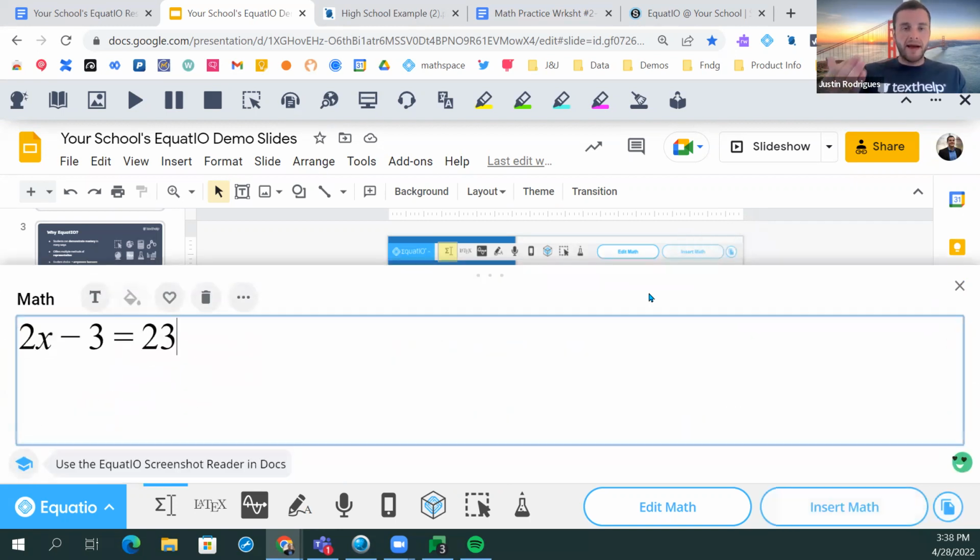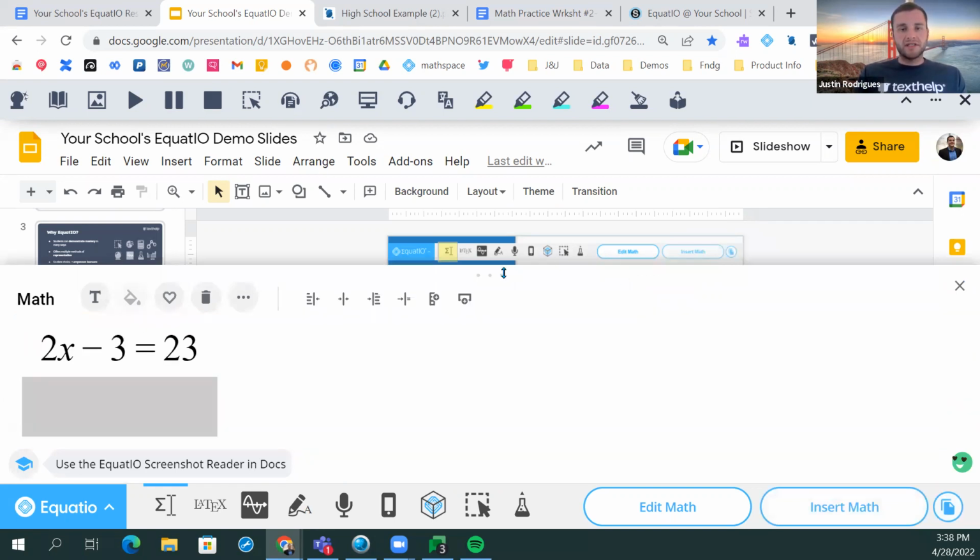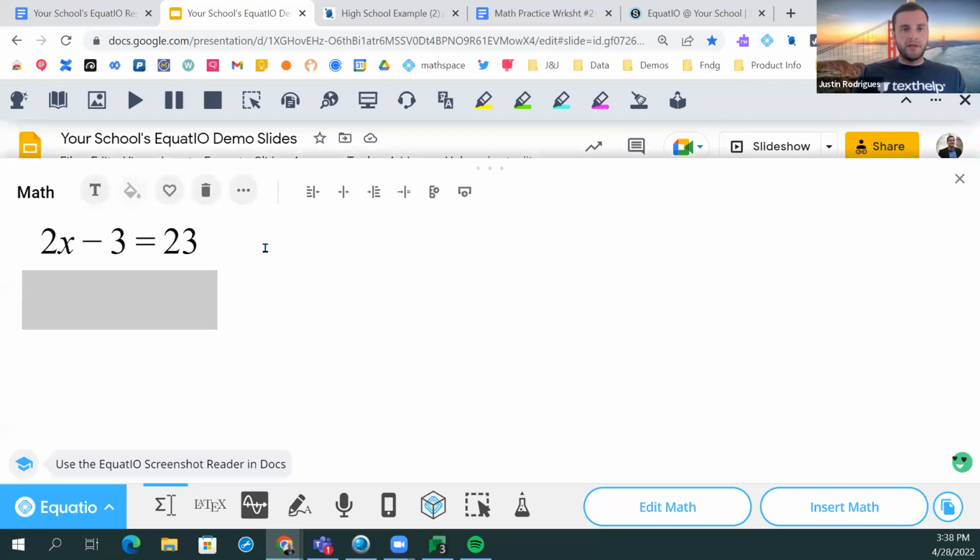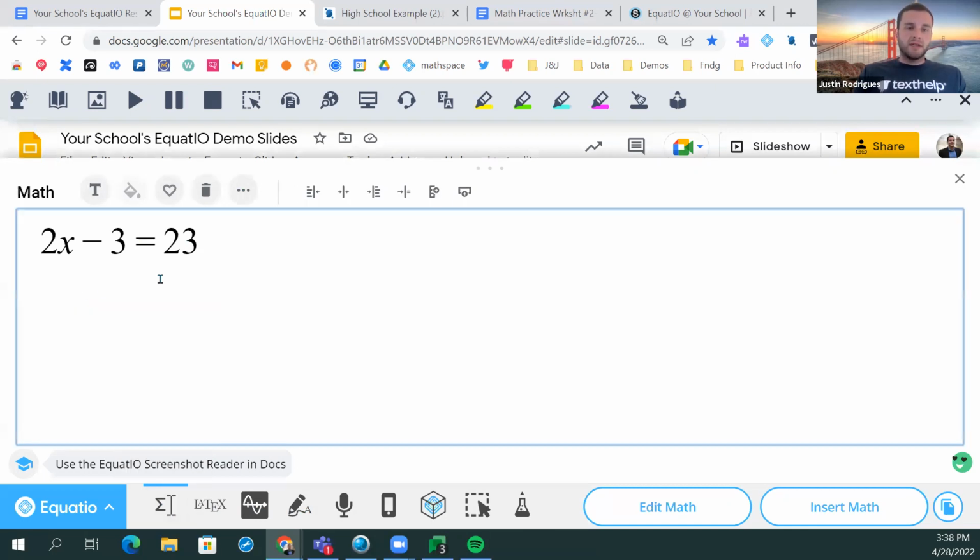So this is going to bring that math right into my equation editor. So with this equation editor, I'm going to scroll up here. I'm going to walk you through the palette items before we start talking about all the different input methods. The first input method, which is the equation editor, has prediction baked into it. So what that means is that if I wanted to show my work here and add 3 on both sides,